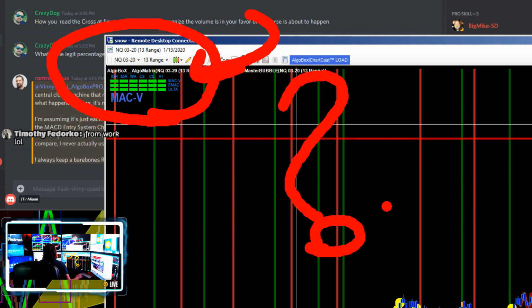Looking at that Algo Matrix, okay, maybe you don't even know what the Algo Matrix is. My daughter can come in here and she sees the entire Algo Matrix all lit up green. Every box is green, green, green, green, green. Should you take a short? I'm gonna go with no. Okay, there is no red anywhere around here. Not any level is there any place you should be looking at taking a short here.